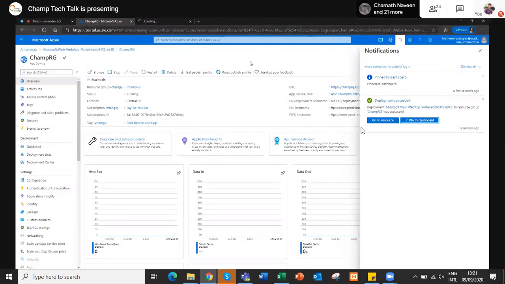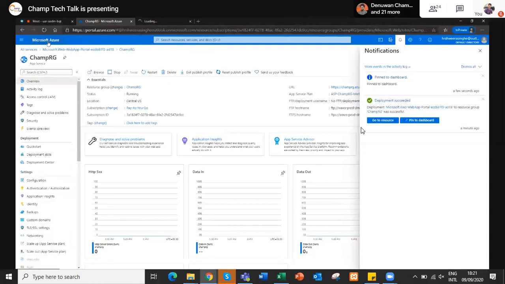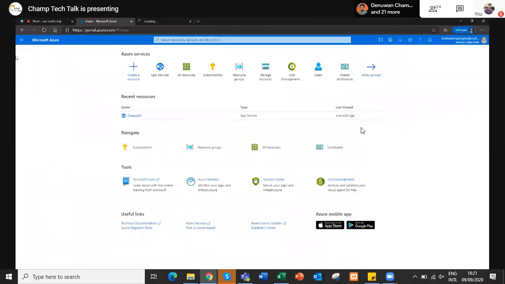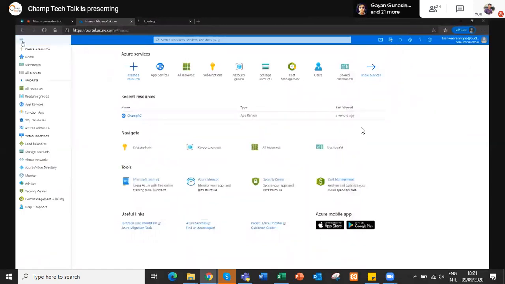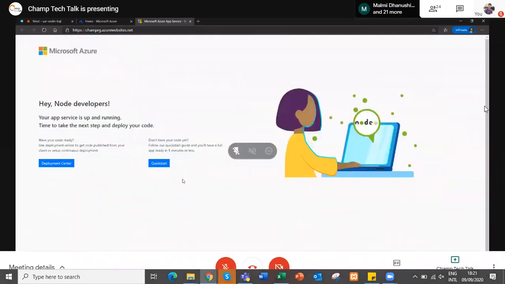So let's go back to our dashboard screen and see what's happening there. What you can do is simply click on this Microsoft Azure. It will redirect you to the home page. If you click these three lines, we have something called dashboard. In the meantime, our app loading was successful. This was the sample code that is given by Microsoft when you are deploying a Node.js code.